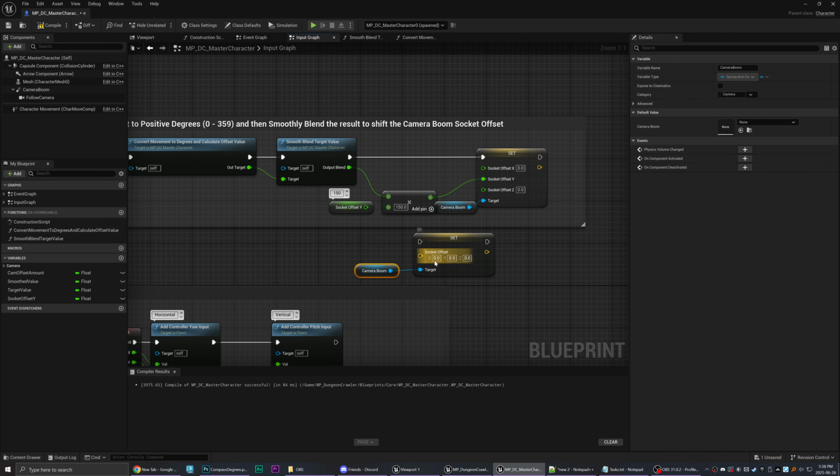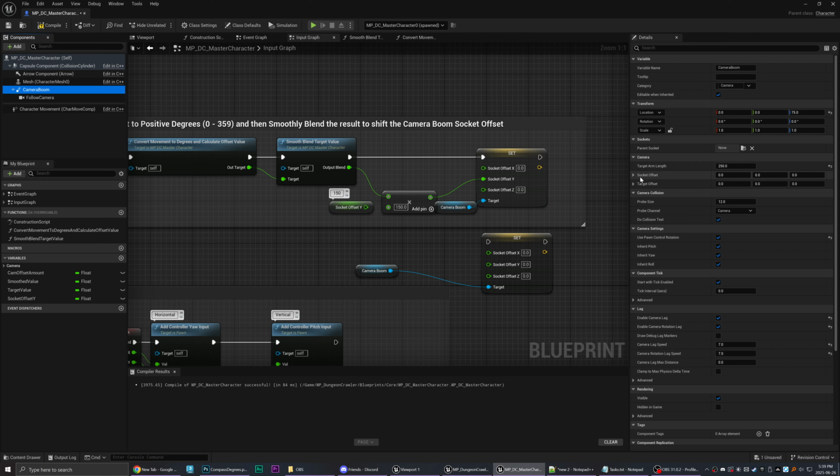But anyways, you set the socket offset, and then you right-click and split struct pin to get the X, Y, and Z values. And we know we want it in Y because that's the number that I had to adjust. I know this one's Y. You've always got X, Y, Z, but also if you just click on this drop down, it'll actually tell you the label for each one of these numbers.